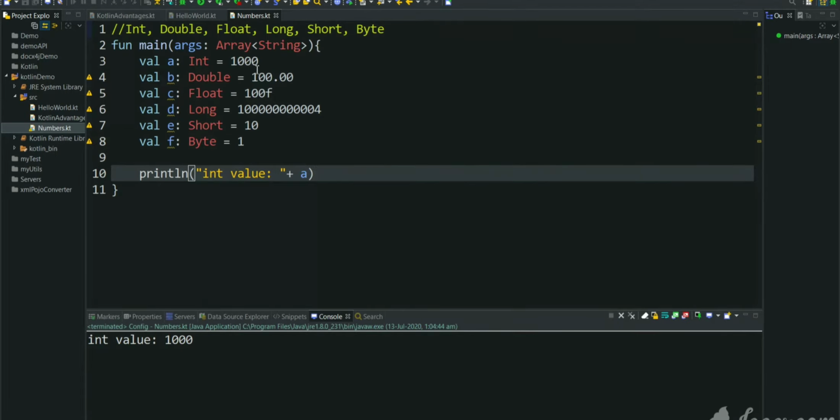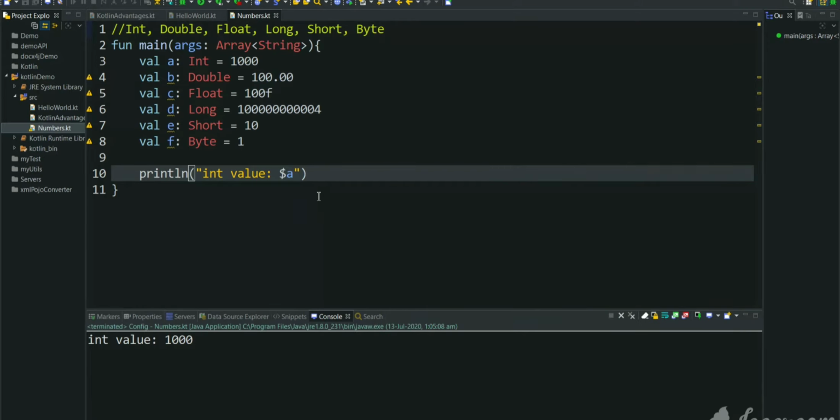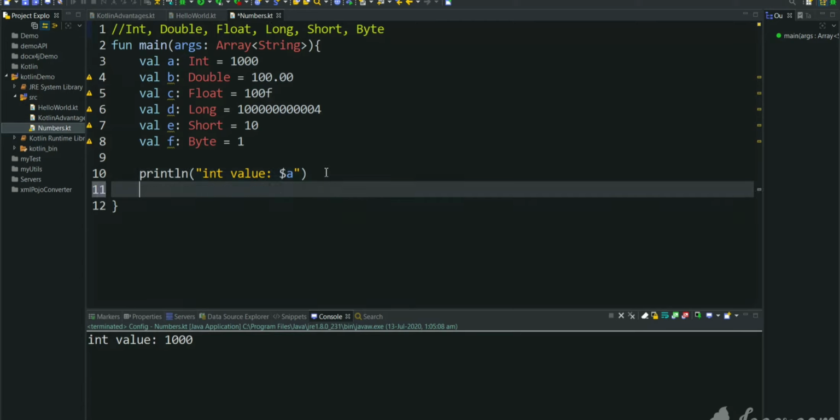Int value 1000, as we have assigned. So this is one way of printing. Instead of concatenating the value inside the double quotes, we can just use dollar and give a variable name. So this also gives the same output in Kotlin. Int value 1000.